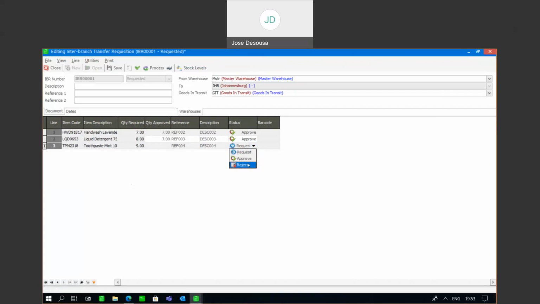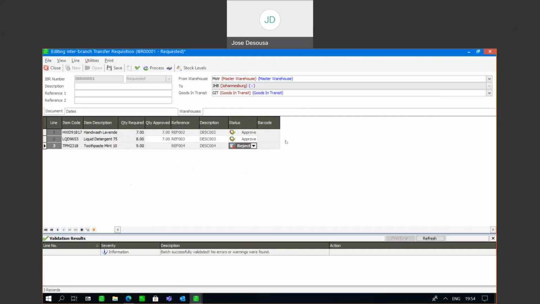to be rejected. Right, so in this particular instance, line 1, 7 requested, 7 approved. Status has now been set to approve. Line number 2, 8 requested, however, only 7 have been approved. The status has still been approved. And then finally, as I mentioned, the head office doesn't have sufficient quantities to meet the request of the branch, so they would approve 0 quantity and then just reject that particular line on the actual requisition. Right, so I'm going to just say validate that, and all looks in order,